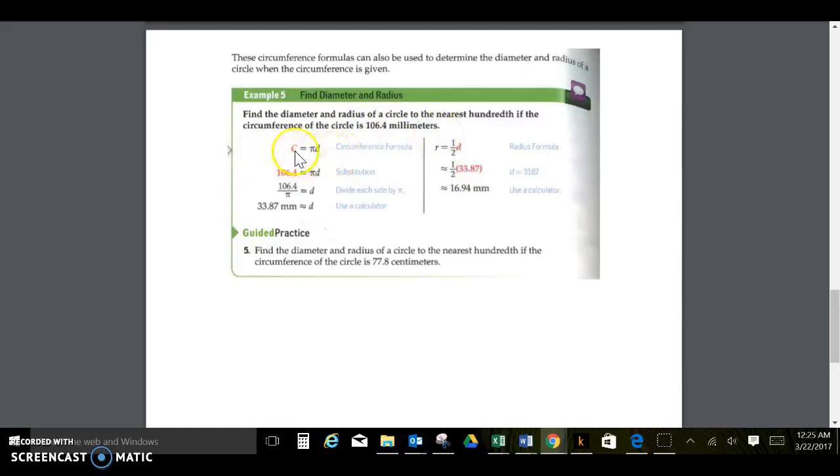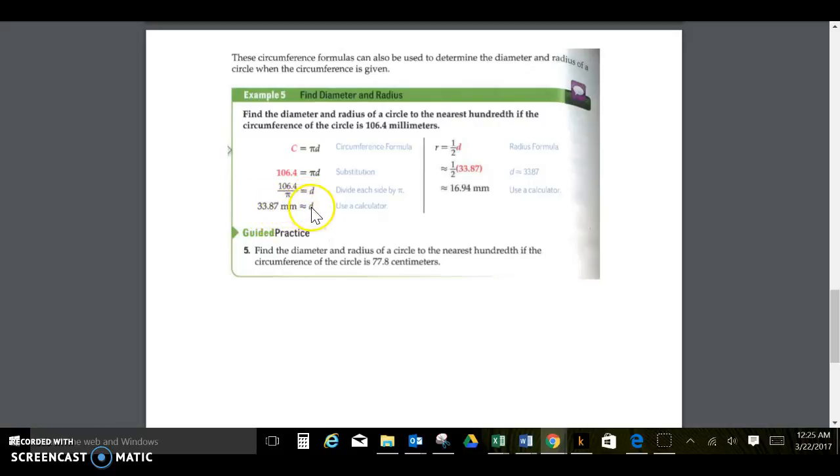So I would plug it in, C equals pi d, okay? Or you can say C equals 2 pi r, you make the choice. It doesn't matter to me. Anyway, so 106.4 equals pi d, okay? And here, if you notice, they divided both sides by pi. So 106.4 divided by pi. And now you have